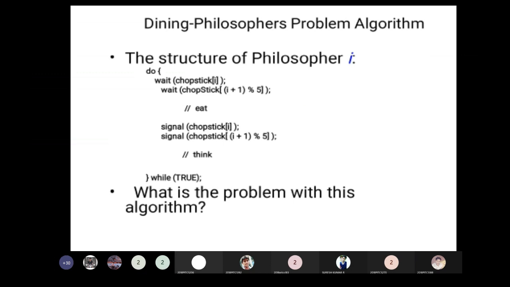So if philosopher i wants to eat, he has to execute these wait and signal semaphores to pick up both the left and right chopsticks. He is executing 2 wait operations, and after releasing, is executing 2 signal operations.